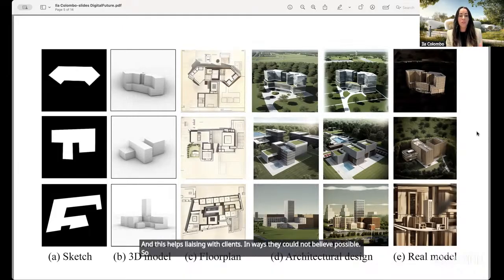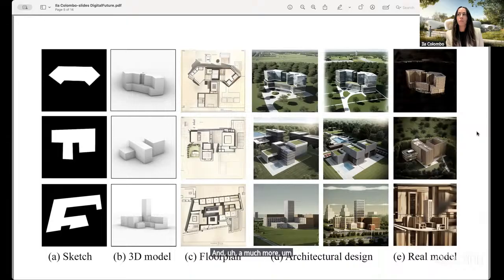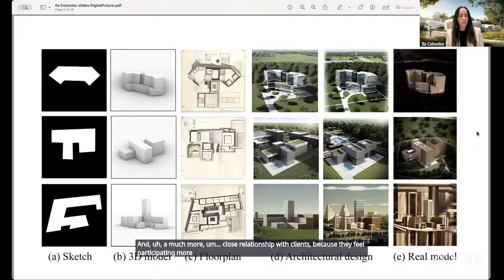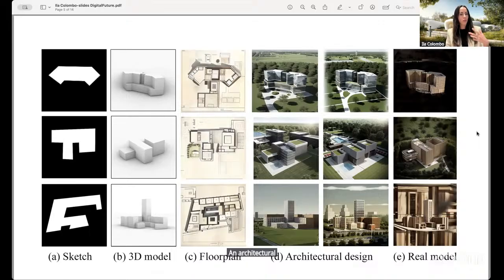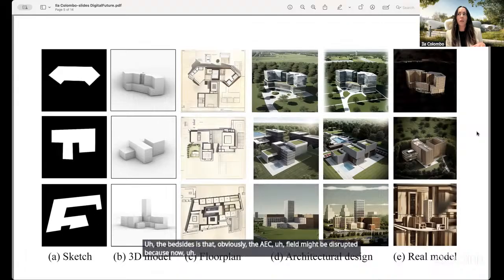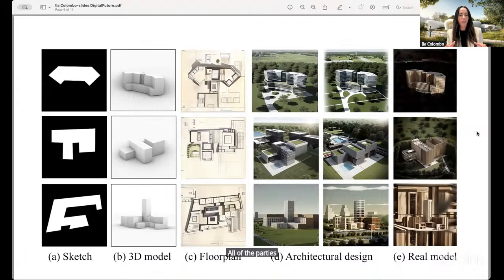So there are obviously good sides and bad sides. The good sides are everything that I just described, and a much closer relationship with clients, because they feel they participate more within the process, as they can influence an architectural design much earlier on and be part of that vision. The bad side is that the AEC field might be disrupted, because now potentially all of the parties within that bubble can do this on their own if they have their own in-house team or third party.